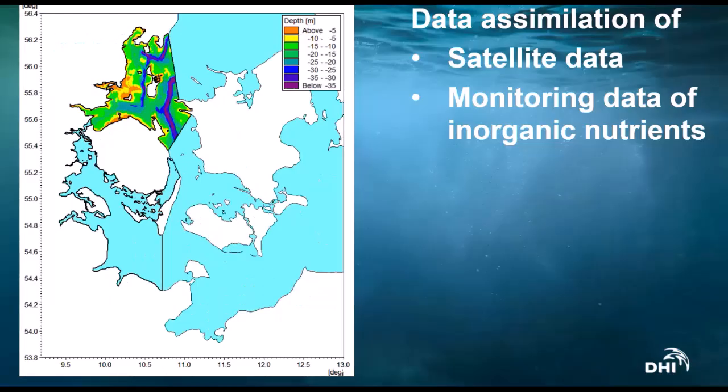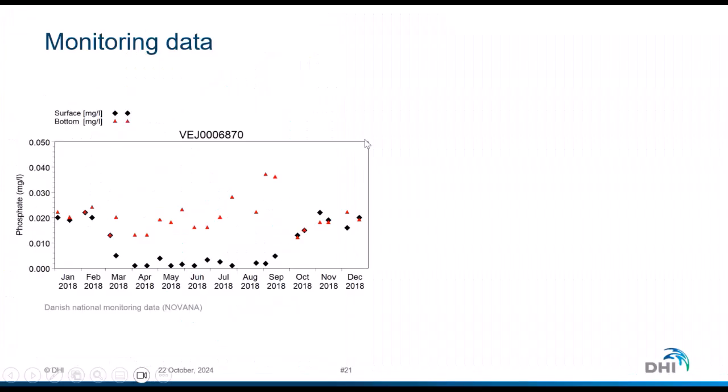We start with looking at the Northern Belt Sea. It's located in between Jylland and Fyn, and it has some fjords and Aarhus Bay, Horsens Fjord and Vejle Fjord. We have data assimilated monitoring data, and the monitoring data in the area consists of bi-weekly sampling at water surface and bottom, here exemplified with the measurements of phosphate in the surface with the black and in the bottom with the red triangles. And we see that in these waters, in the open water station here, phosphate is depleted during the summer.